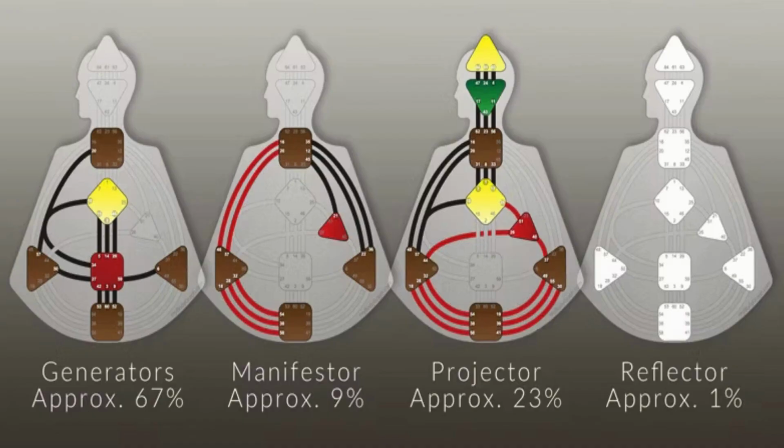How do you know if you're living out of your unique nature or getting trapped in homogenization? You will know by observing the signposts of your type. For manifestors, are you experiencing more peace and less anger? For generators, are you living with satisfaction and less frustration? For projectors, are you finding success and less bitterness? And reflectors, are you experiencing more surprise and less disappointment?